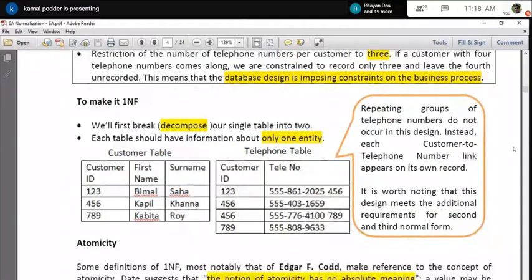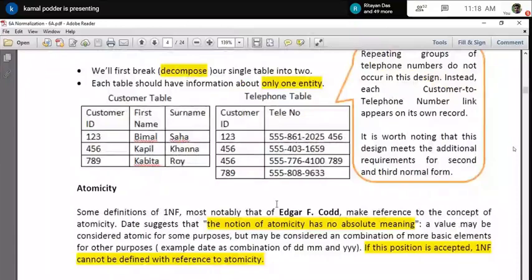Here in this case I have just divided this into two tables, but I know that the telephone number is giving the problem. So I keep the telephone number in a separate table. So naturally, how to identify the telephone number? The customer ID is needed. So naturally, I can decide that this particular table contains telephone number and customer.